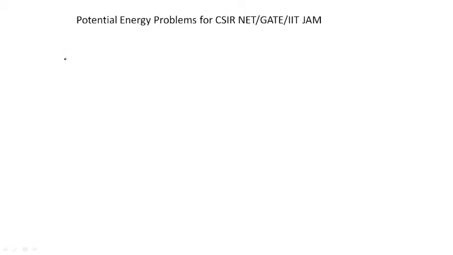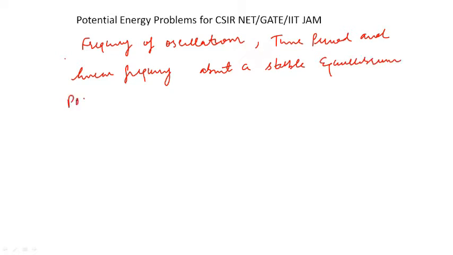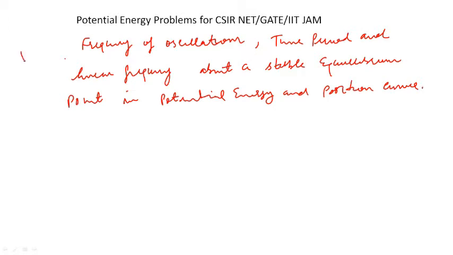Hello everyone. Now we will find frequency of oscillation, time period, and linear frequency about a stable equilibrium point in potential energy and position curve. This is type 2 problem